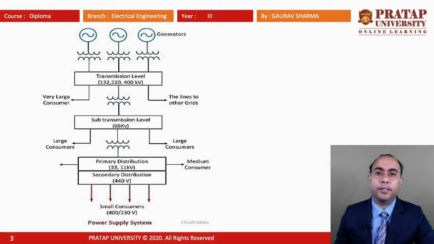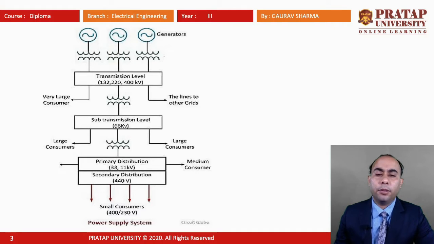and again it is at transmission level, and again it is stepped down to 33 kV, and again stepped down to 11 kV. This 11 kV comes to the transformer installed near our homes, and this 11 kV is stepped down to 0.44 kV, or we can say 415 volts. And finally it is distributed. From that we take supply to our home, and we get a single phase 230 volt supply, and a 415 volt three phase supply.